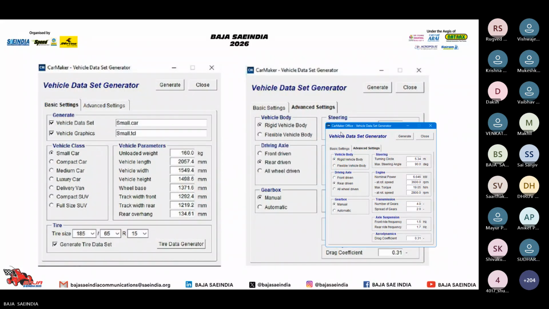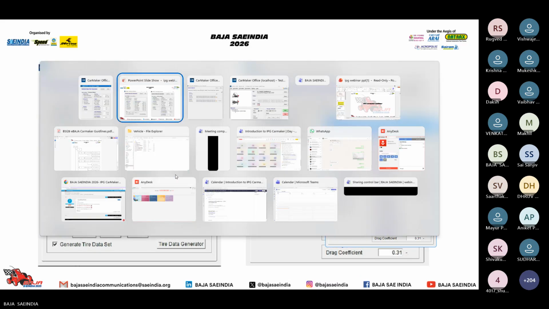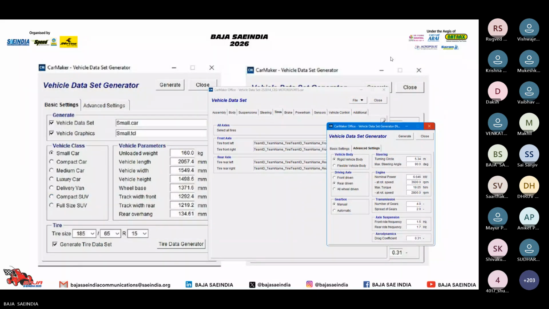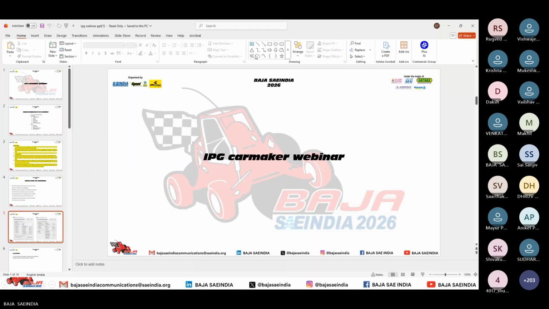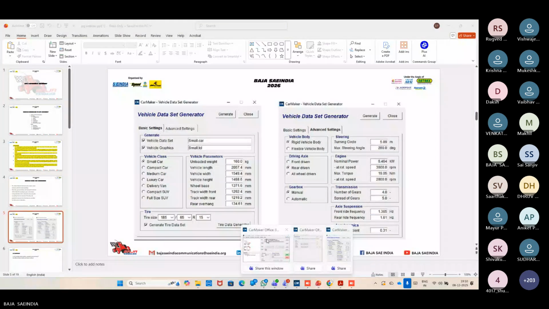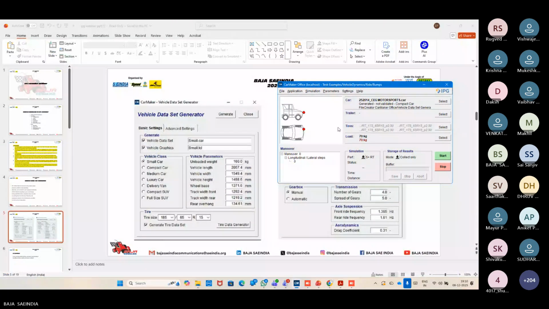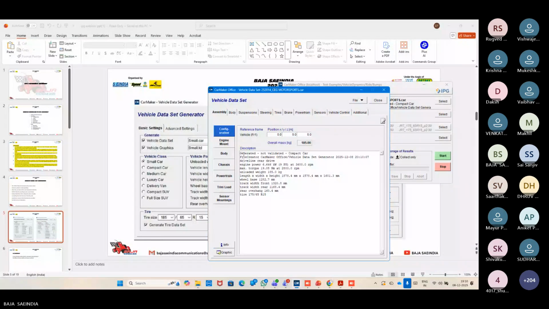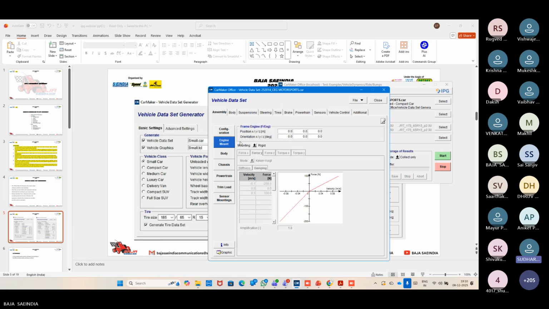If you give yes, the generated data will be shown in the description of the configuration area, where the wheelbase, the track width, the weight of the vehicle, and the tire data will be generated. After this, going on to the engine mount,